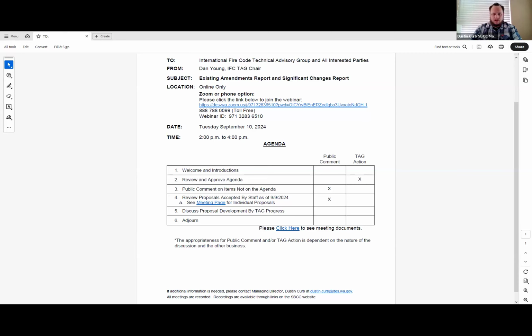Well, it looks like we're here. I don't have my participants list up. Let me get all set up for doing roll call. Yeah, I'm doing my meeting from home, the fire tag meeting. So it looks like our chair is not here yet, but our alternate chair is here. Roger, would you mind maybe stepping up and introducing the meeting for us real quick, and then I'll do a